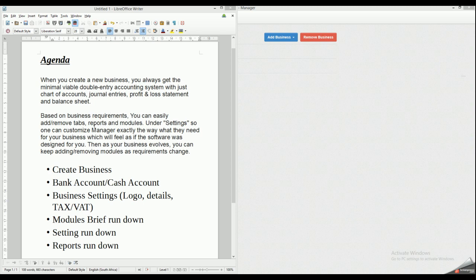Okay, so our second thing is that based on the business requirements, you can easily add and remove tabs, reports, and modules within Manager for your business requirements. There's a lot of features in there, pay slips, a lot of things that some businesses might not use, and the issue is that most first-time users enable all the tabs within Manager. You don't need to do that. You can enable the basic modules and tabs that you need, and then as your business evolves, you add and remove tabs